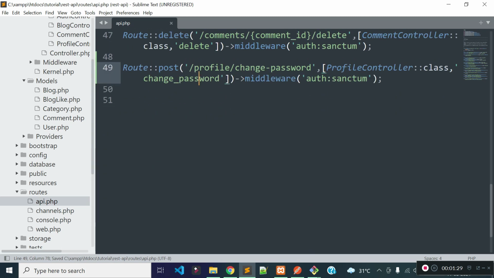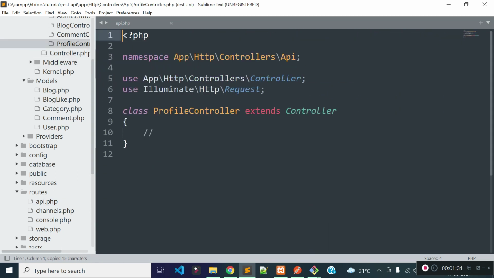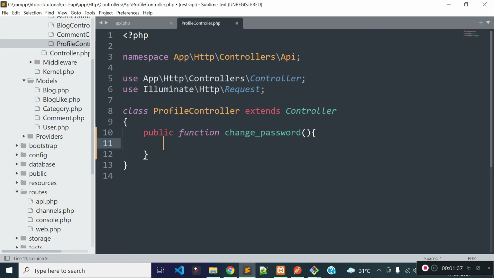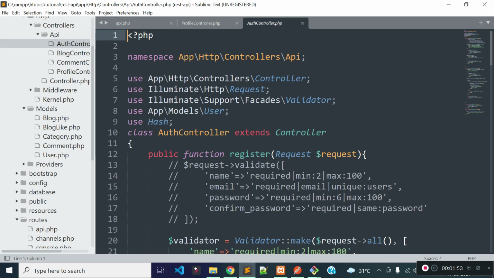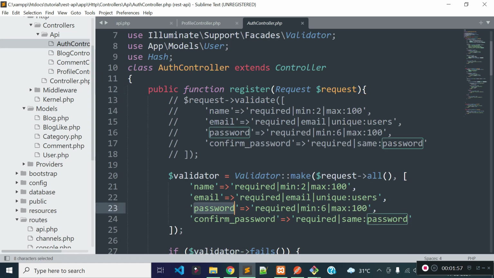Now let's open our ProfileController and then let's add change_password method inside our ProfileController. Let's get request object as a dependency injection to this method. Now I will add validation rules for our old password, new password and confirm password field. So inside our AuthController register method, I already added validation rules for password and confirm password field.